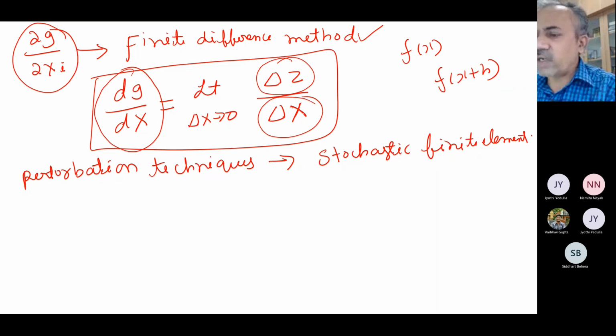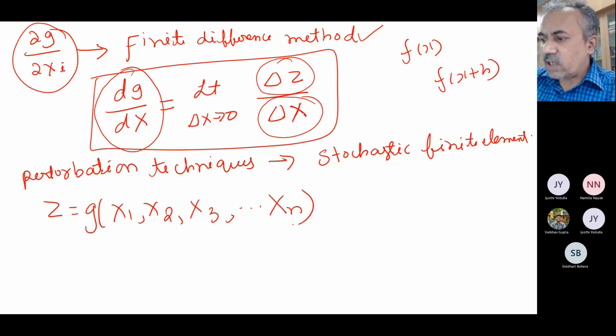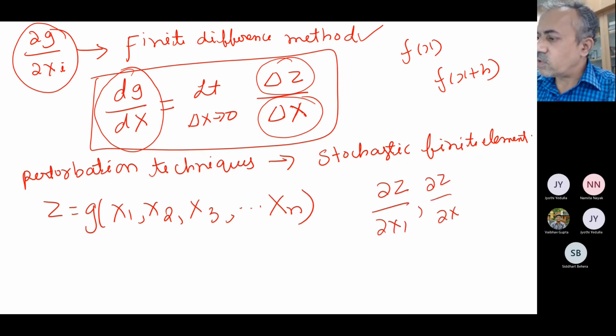This finite difference. So what we try to do is, if I have my performance function, say some g of x1, x2, x3, so these are all my random variables basically. Okay, this is my performance function. So now we have to calculate these expressions: dou z by dou x1, then dou z by dou x2. So all these derivatives have to be calculated. Okay, now I can't calculate this directly because I don't have any explicit functional form of g, or other issues are there.